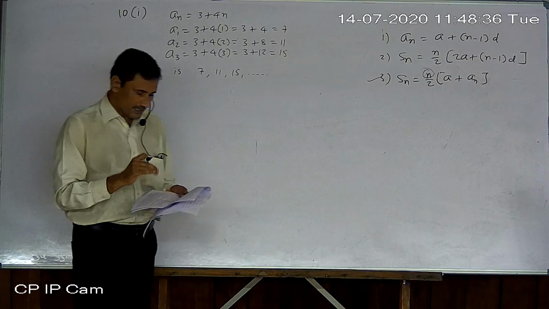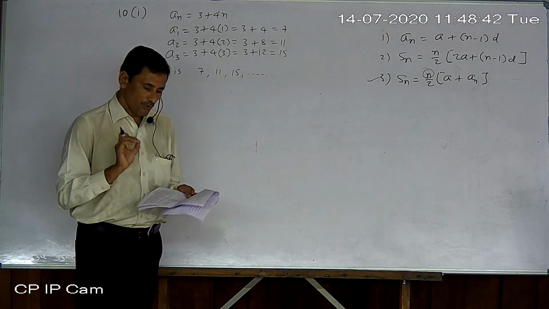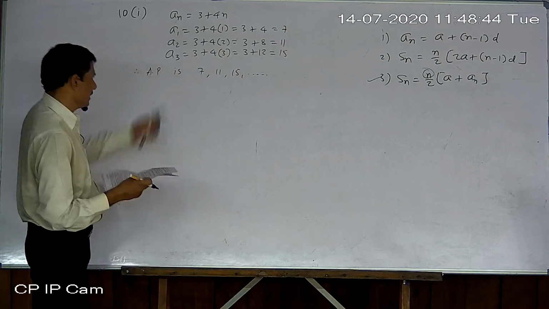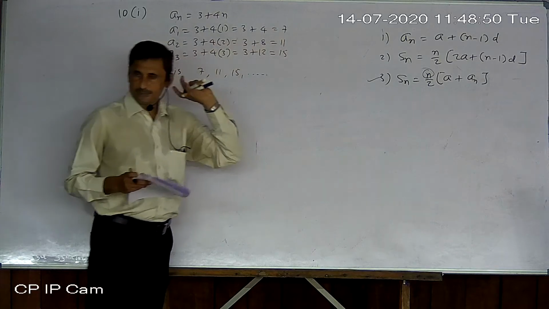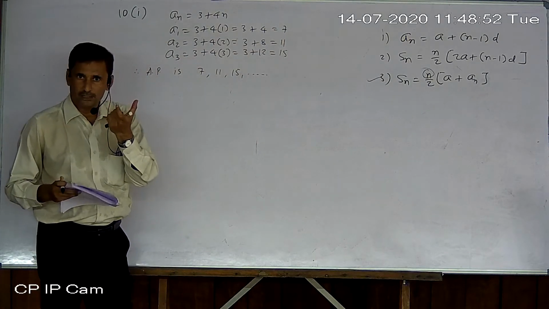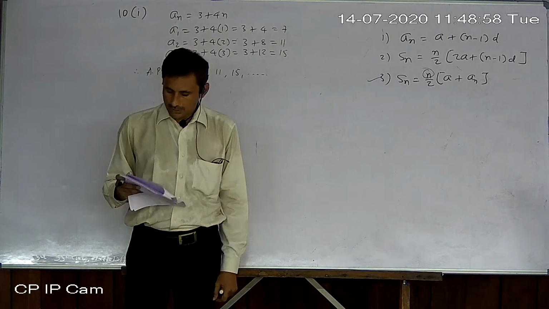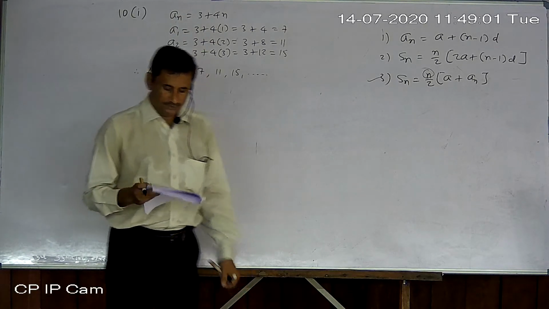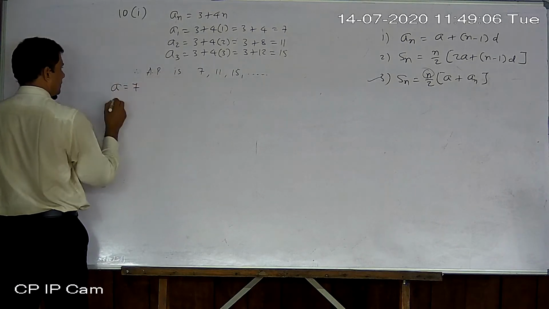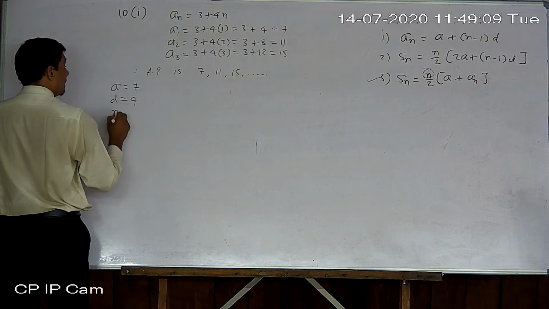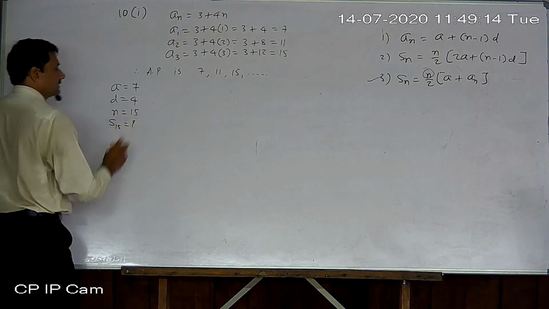Okay, so whatever they are, so that A1, A2 like dot, An form an AP where An is defined as follows. So AP is formed, that is fine. Why? Difference is constant everywhere. Difference is constant of 4 only. So AP is formed. Now what are they asking? Sum of first 15 terms. So we now know a equal to 7, d equal to 4. They have given n equal to 15 and Sn means S15 is asked.